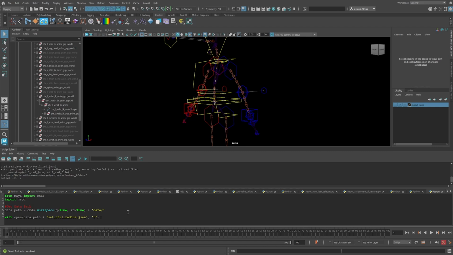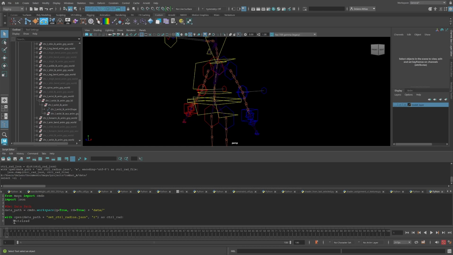And now outside of our parentheses, we'll go ahead and say as, and here, this is where we create another variable, and we could just call this ctrl underscore rad colon. All right, so this variable is going to be used to store this inside of another variable so we can access the contents inside of our JSON file. So watch this. Now, after the colon, we hit enter on our keyboard. That gives us the indent on the next line. And here is where we create the variable. Let's go ahead and call this JS for JSON